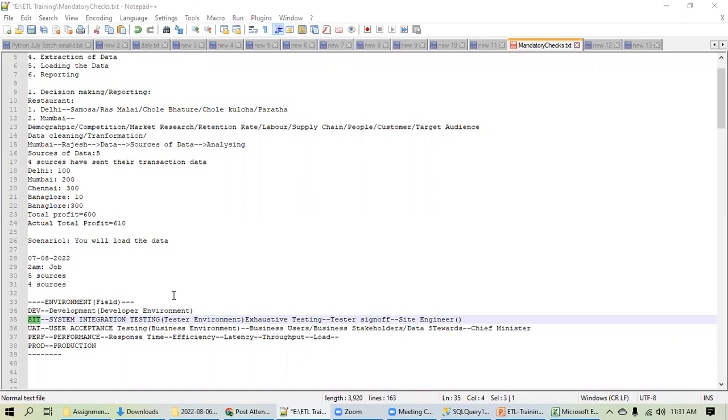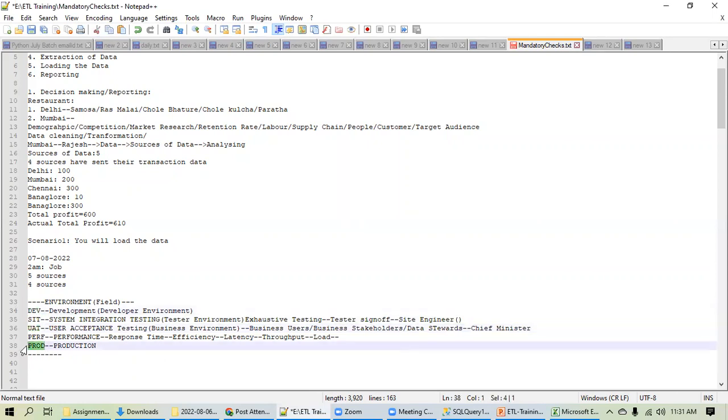When you are loading data, actually there are many tables in a project where you have to load data. And there is a sequence in which the data has to be loaded. First you have to run this job, then you have to run this job, and all those things. And the development team knows all these things, the sequence in which they have to load the data. And many times the testers don't know, but this should not happen. The testers should know how to run the job, how to load the data. So ideally, testers should load data in the SIT environment, testers should load data in the UAT environment as well, and the developer will load data in the dev environment.